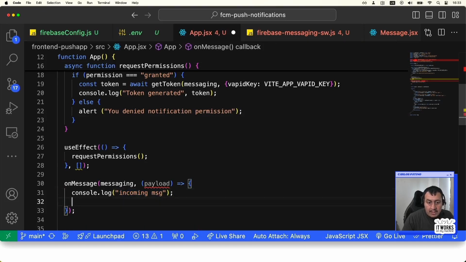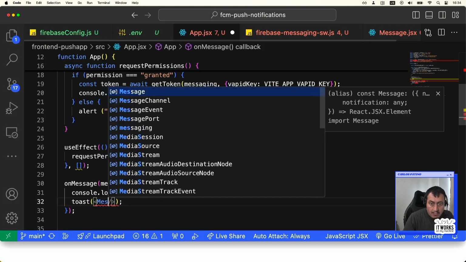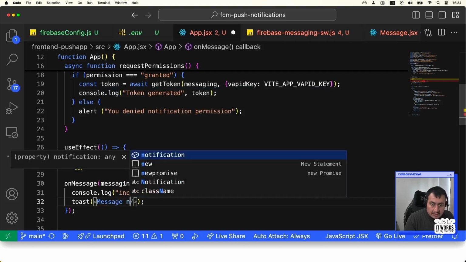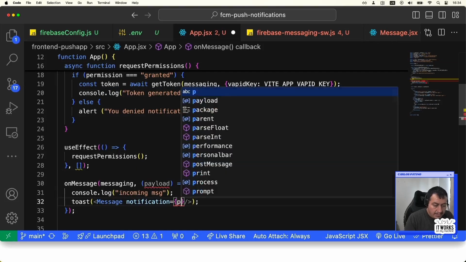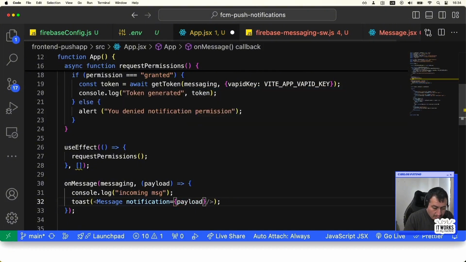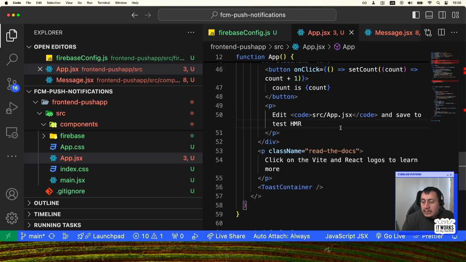And then we'll just call the toast with the message component we just created here. And as part of the notification, we'll just add the payload dot notification. Up until now, what we will get is the notification inside the web application